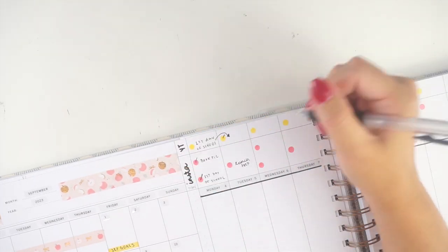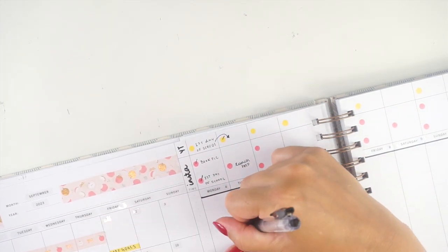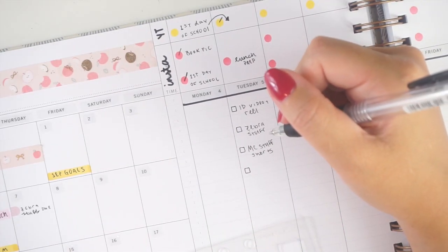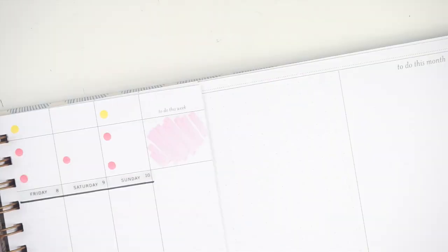My monthly calendar first, as usual. That's kind of how I do everything in my life. I go monthly and then into the weekly, into the daily. Usually in here, I set up the dashboard space first, but my schedule was really firmly on my mind because we were already into September. It was actually September 6th when I was filming this, and I really needed to just get some thoughts on the paper about what was going on this week